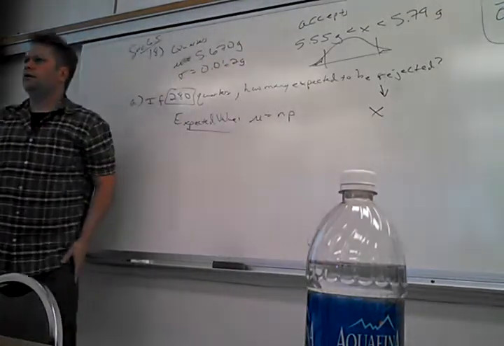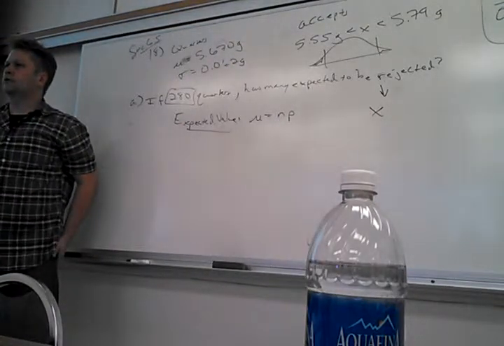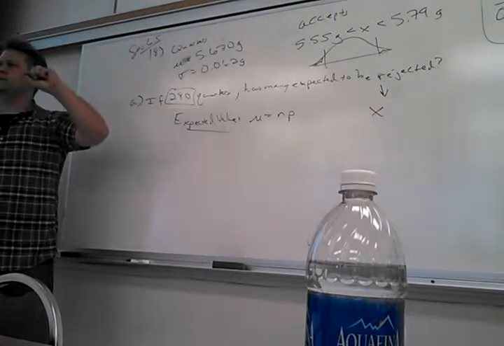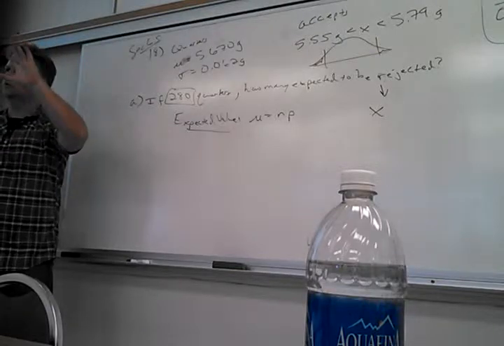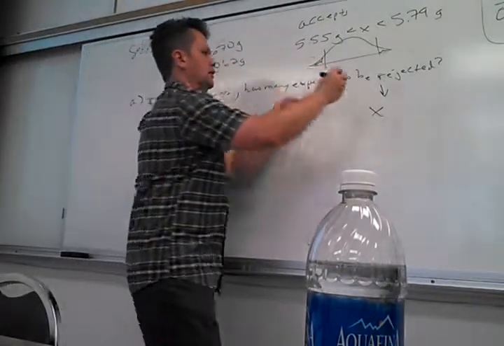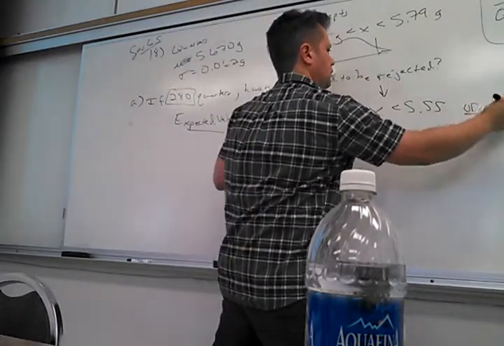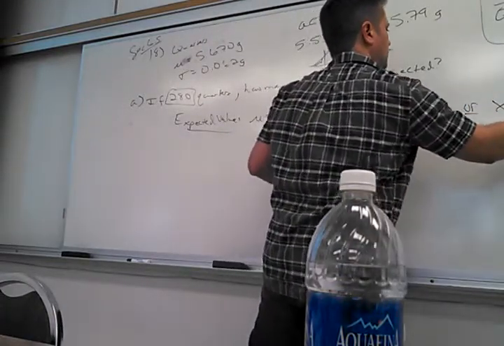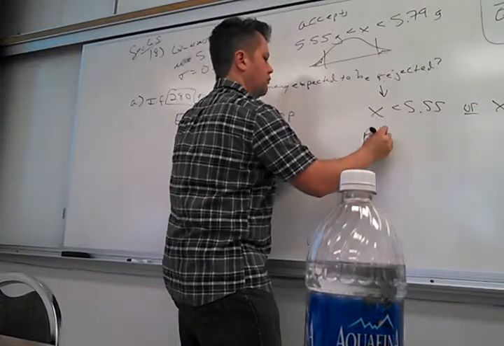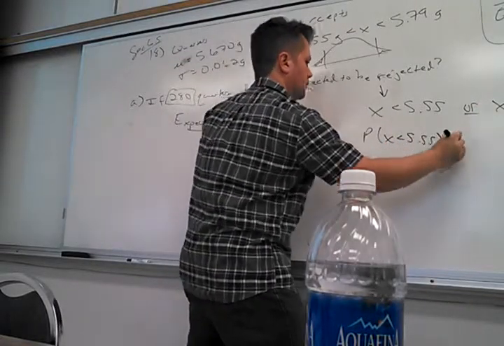The weight's got to be what? To be rejected, what's got to happen for this machine to go, no way. Yeah, the weight's got to be less than 5.55 or greater than 5.79. So if I do that probability, or means add,